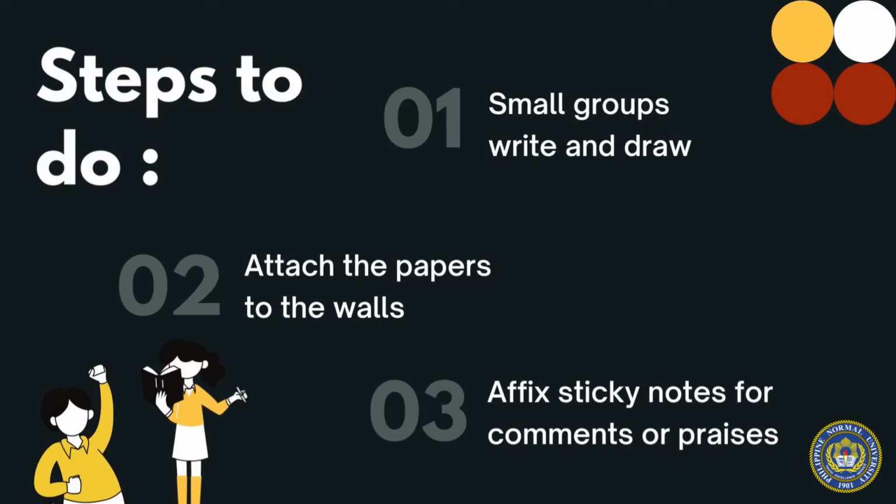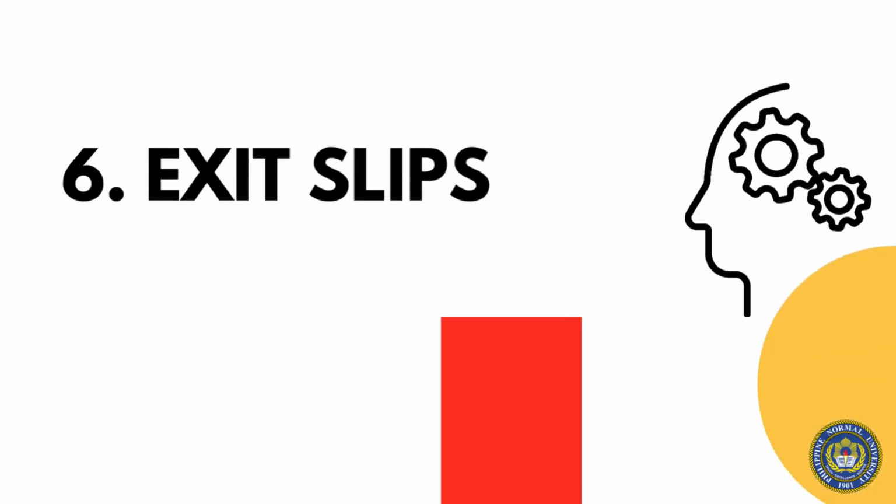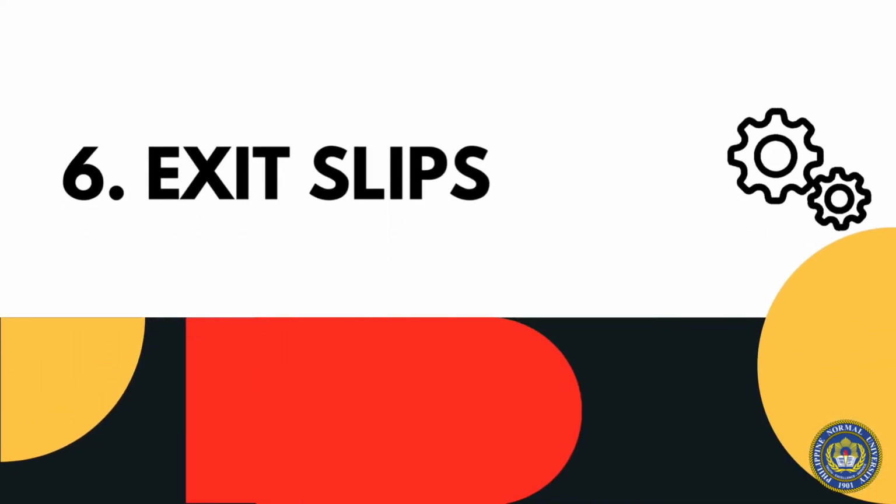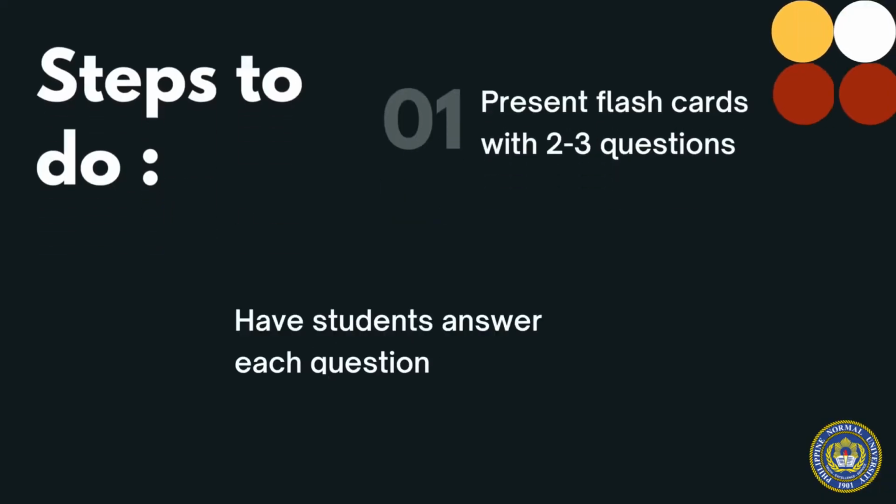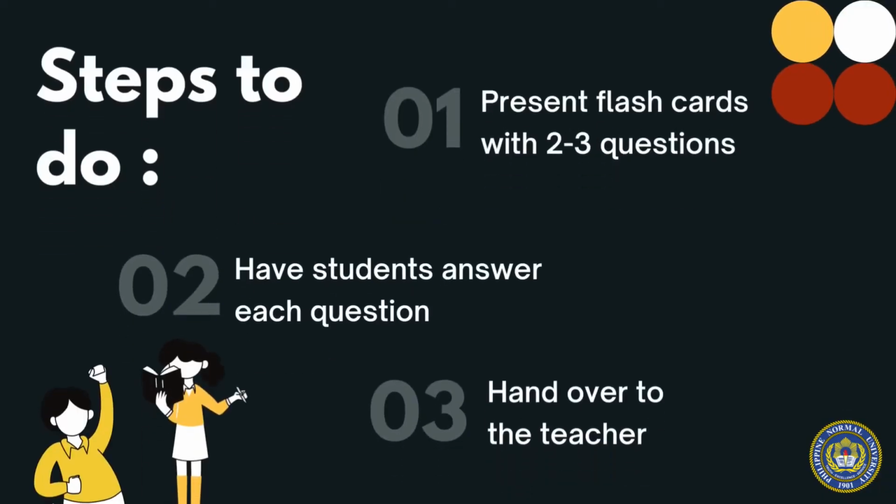After the completed works are attached to the classroom walls, other students affix sticky notes to the poster to extend on the ideas, add a question, or offer praise. Number 6. Exit slips. Flashcards with 2 or 3 questions on it. The question stimulates reflection on the material taught in class. Students are instructed to answer each question in 1 or 2 lines and hand them over to the teacher before